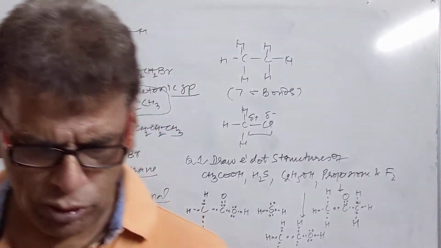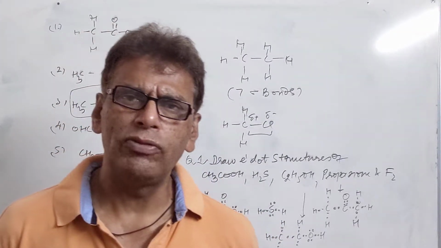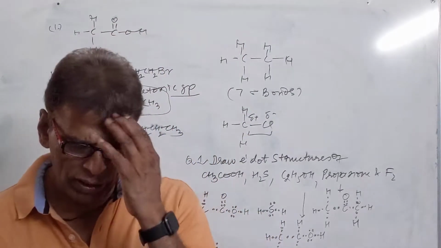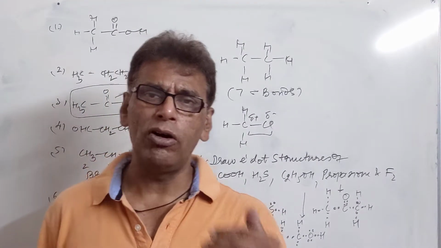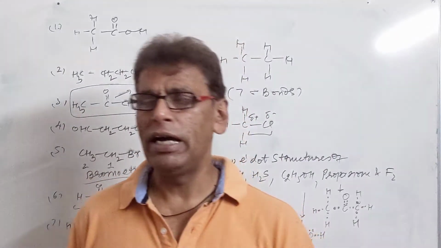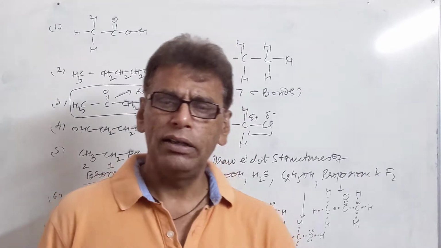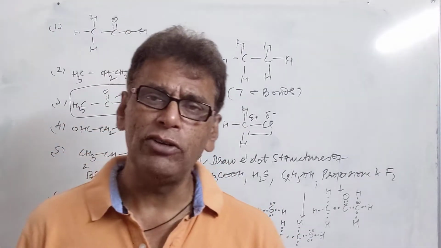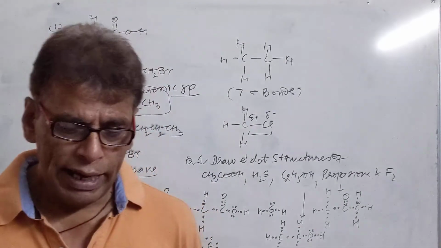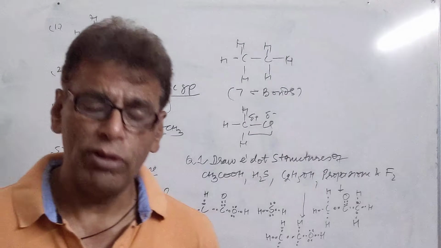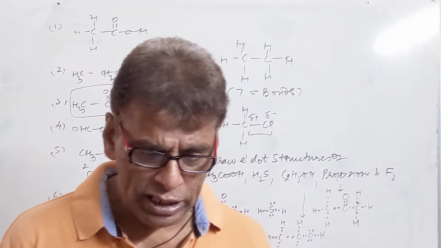Now we come to what is homologous series. We have already done this question. Homologous series is the series of structurally similar compounds where adjacent members differ by CH2 group. Adjacent members are called homologues, which are differing by CH2 group. The whole of the series has the same general formula, and all the members can be synthesized from similar methods of preparation. They have similar chemical properties and their physical properties show regular change when the number of carbon atoms or surface area of the molecule increases.